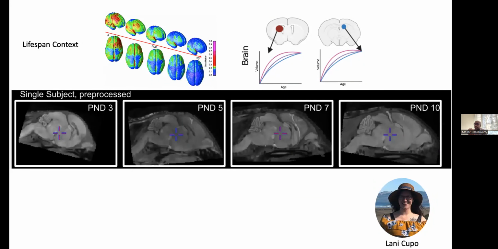You can imagine that a mouse at postnatal day 3 is about the size of the top of your pinky. It's a little bit of a jelly bean. If you just focus on the cerebellum, you can see how the foliations of the cerebellum increase dramatically over the first 7 days of the mouse's life. The frontal part of the brain also increases dramatically over the first several days of life. You're able to capture this almost with the naked eye with MRI, if you're able to assay the same mouse over time. This has its caveats.